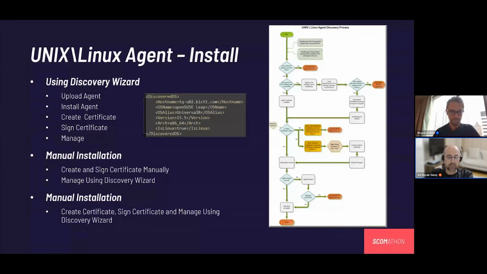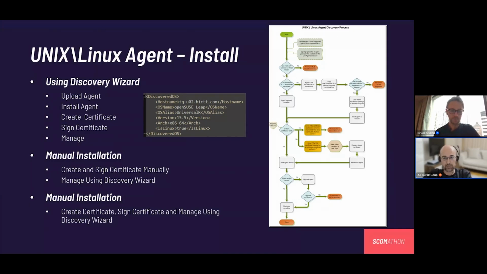Now we are moving one step further and looking into the agent installation process. This is a flowchart I took from an old presentation of my colleague Bob Cornelissen, who I have seen saying hi. Thanks for the picture, Bob. As you can see, the installation process starts with the name resolution. After resolving the name, there is a check for an agent on the server.